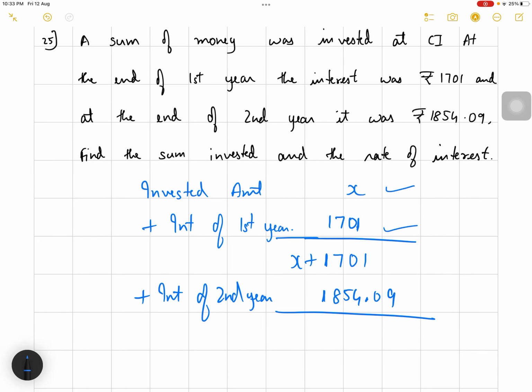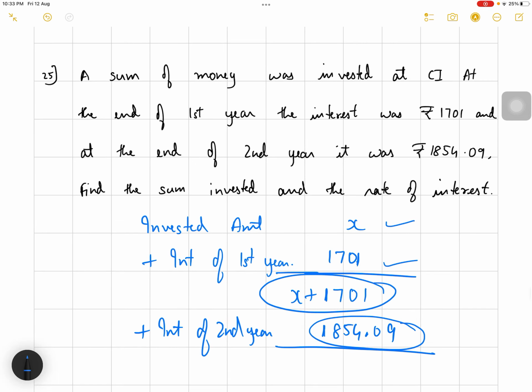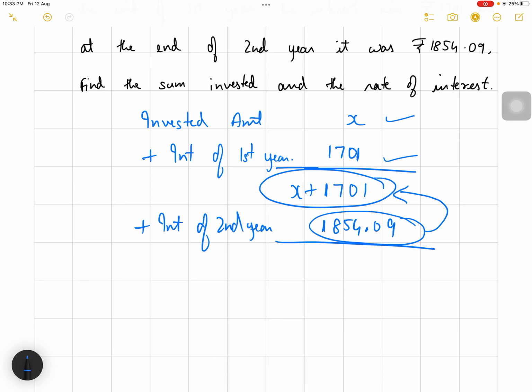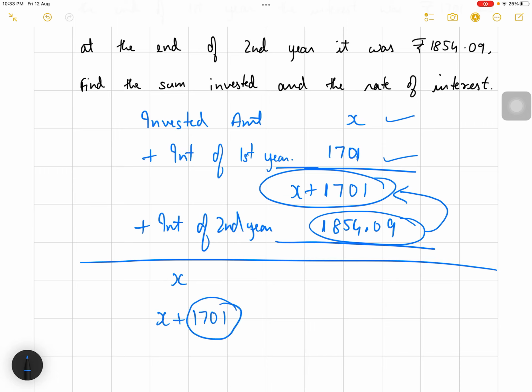So what I mean to say is this interest, 1854.09, is calculated on X plus 1701. This interest is calculated on this amount, right? For the first year my principal was X. For the second year my principal was X plus 1701. So my principal increased by 1701. For the first year my interest was 1701, so it is calculated on X. For the second year the interest is calculated on X plus 1701, which is